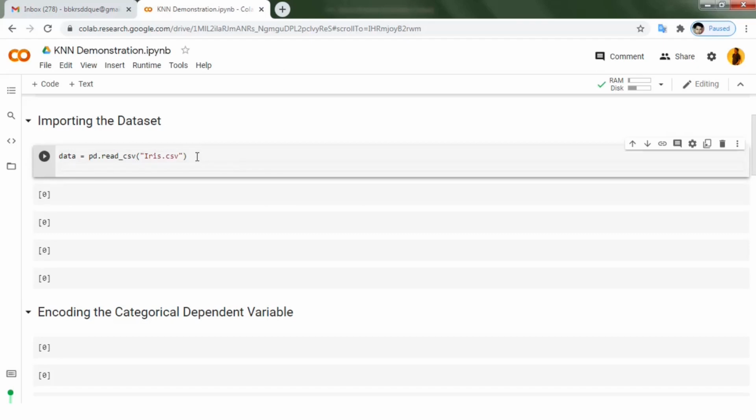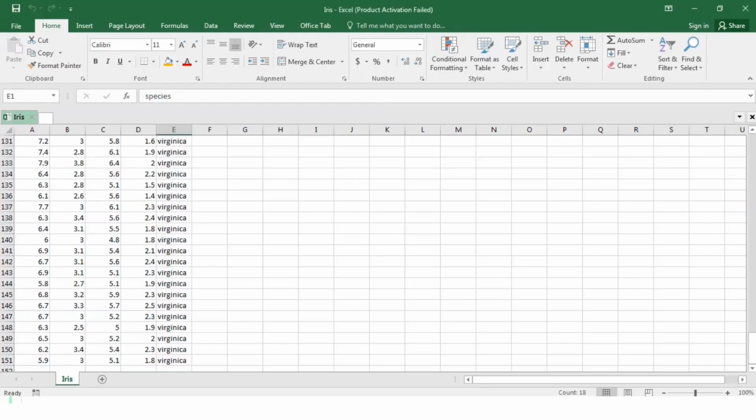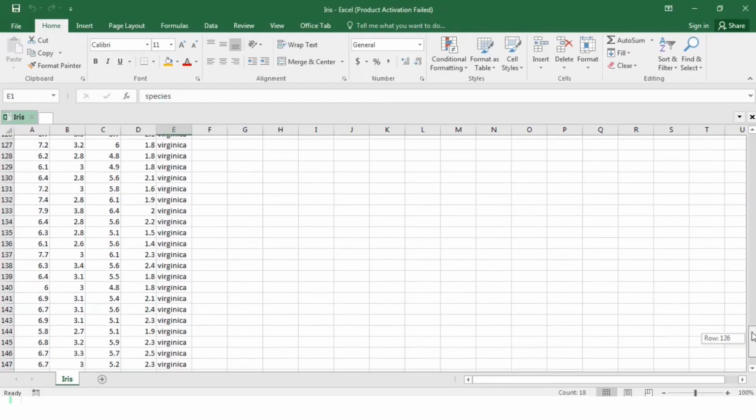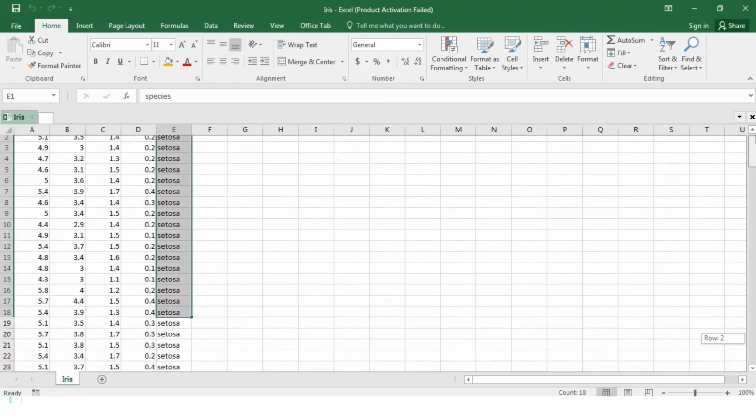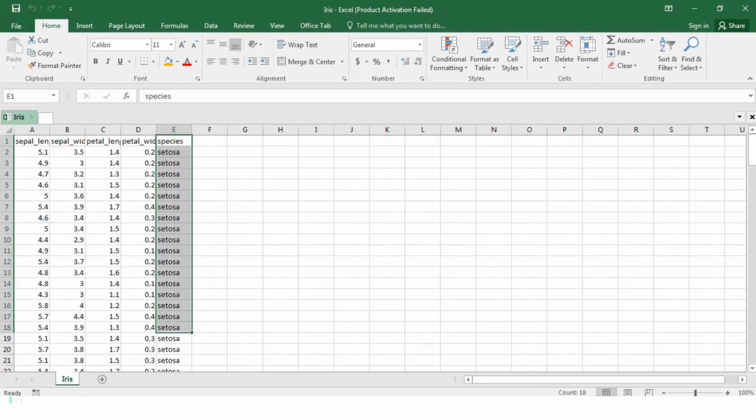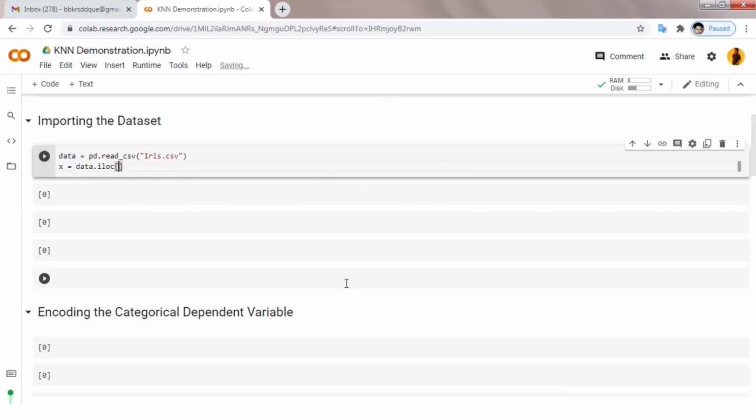So let's assign a variable x for features. So x equals data.iloc. iloc is to locate index, so we'd like to locate the index for those features. As you can see, there are 150 observations, and for these 150 observations we'd like to take all the rows for those features. In Python, the colon indicates a range, so we take the lower range to the upper range. I mean, we'd like to take all the rows, so there are 150 rows,